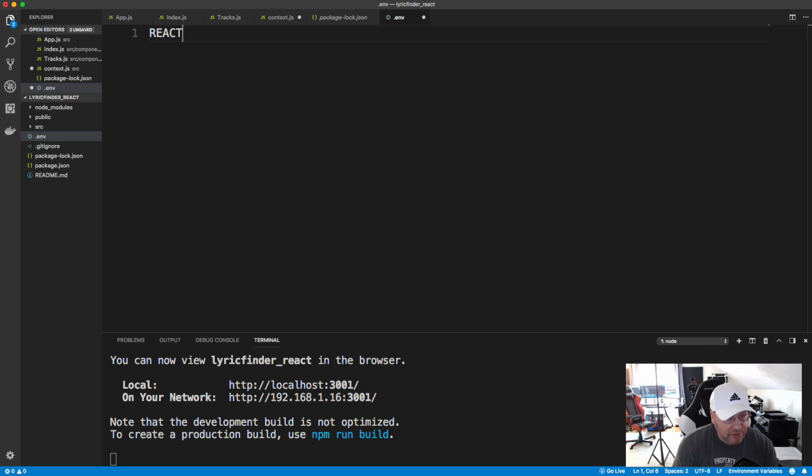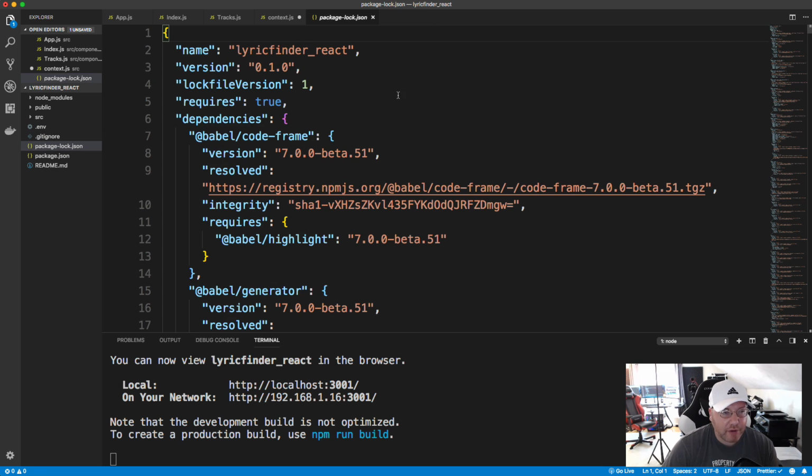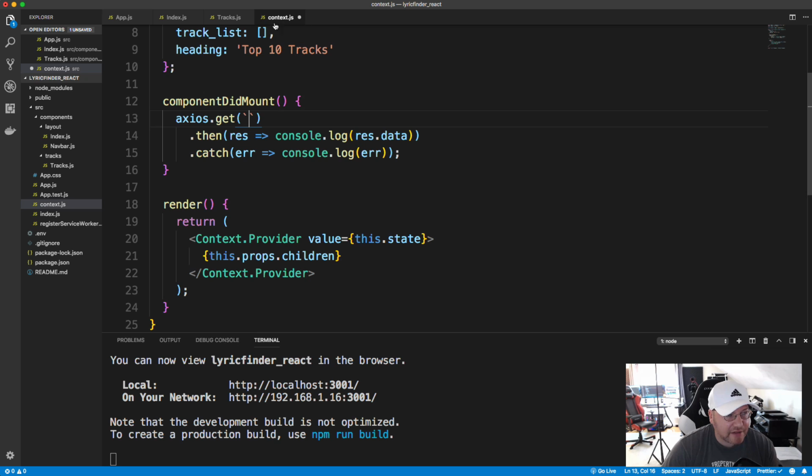Now they have to start with REACT_APP, and then you can do whatever you want. I'm going to do key, and then I'm going to just paste in my key and save it. That way I can just access it wherever and whenever I want. All right, so now that that's in there, let's go back to our little